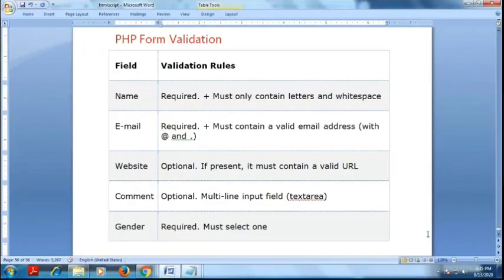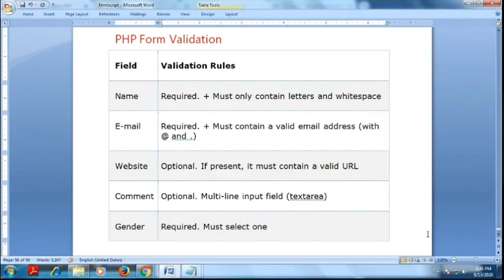Now we will discuss PHP form validation. First, what is the meaning of validation? You have to validate all the form values. For example, some users fill in the form, but some of the form values are misplaced, so you have to validate the form.